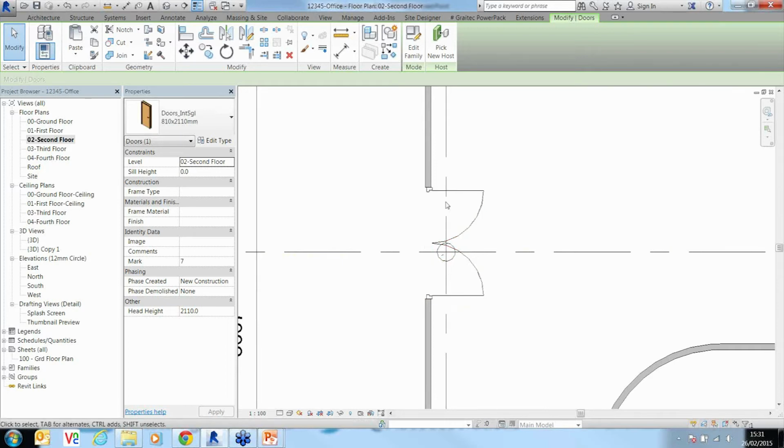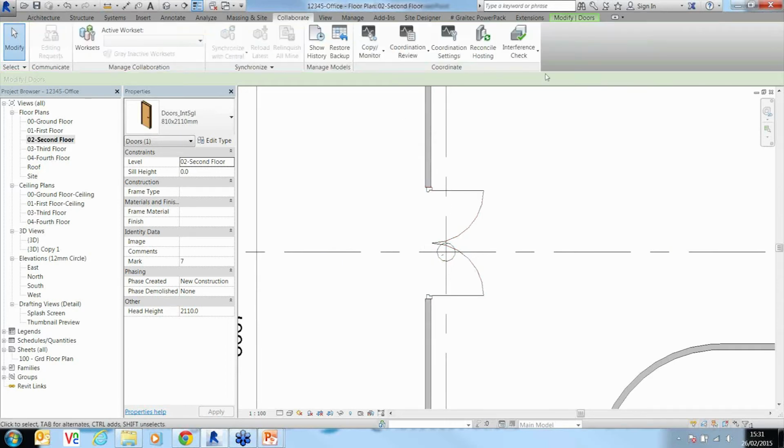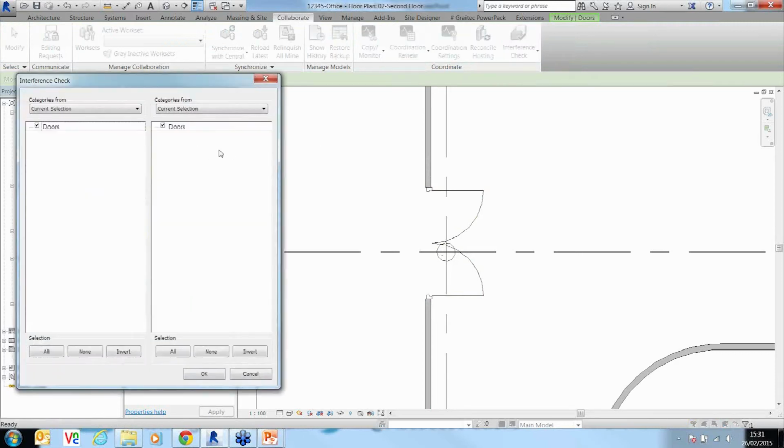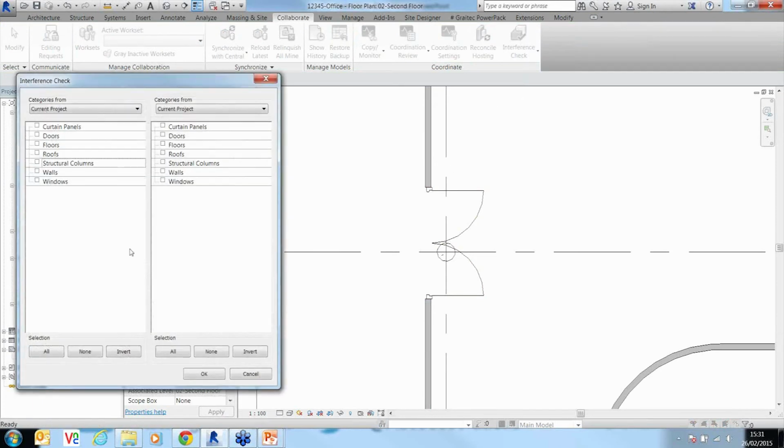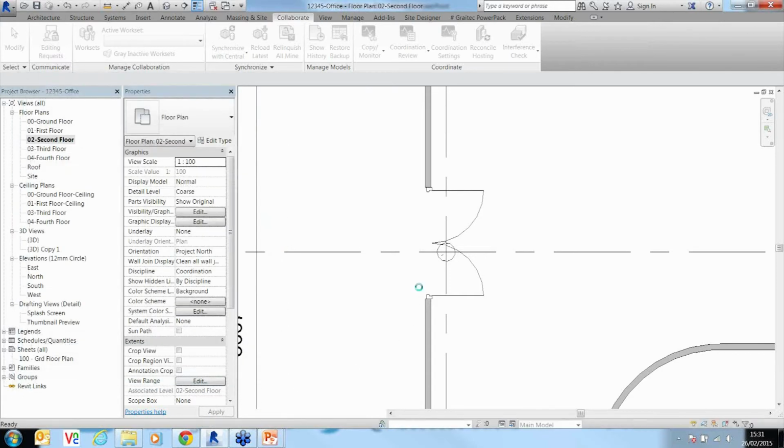Okay, so what I'm actually going to do is quickly go up to here and run an interference check inside here. What it allows me to do, now I'm just going to make sure nothing is selected, is check my doors against my columns. So in here, click on columns, and what it's going to do is highlight to me, hopefully,